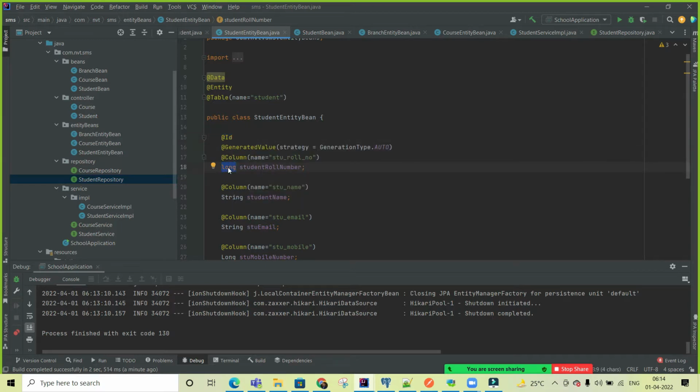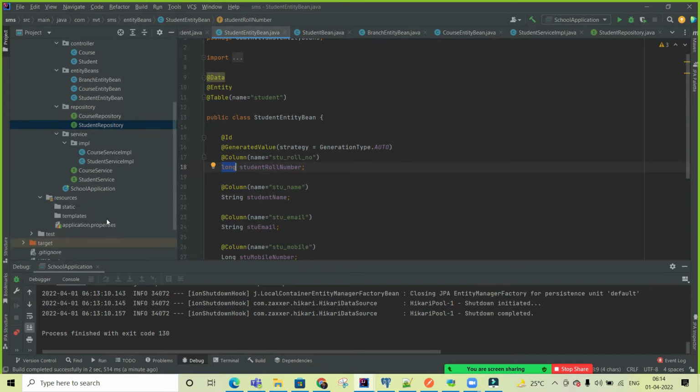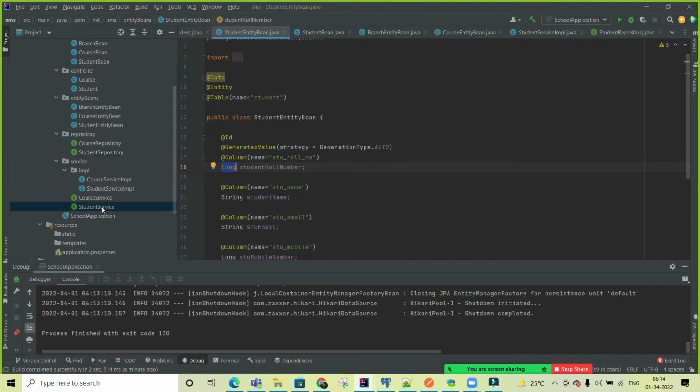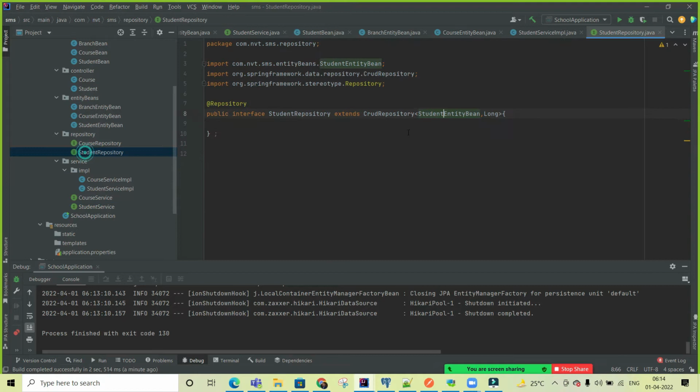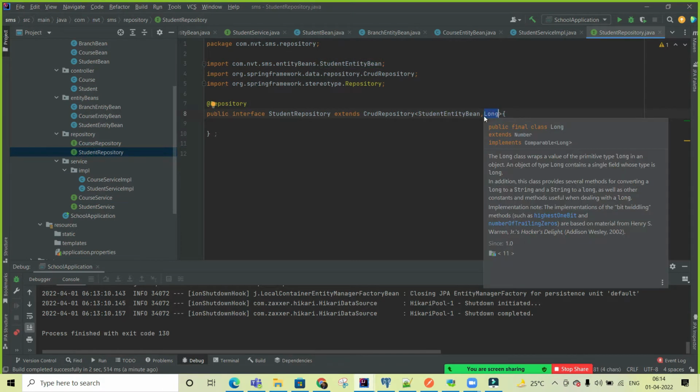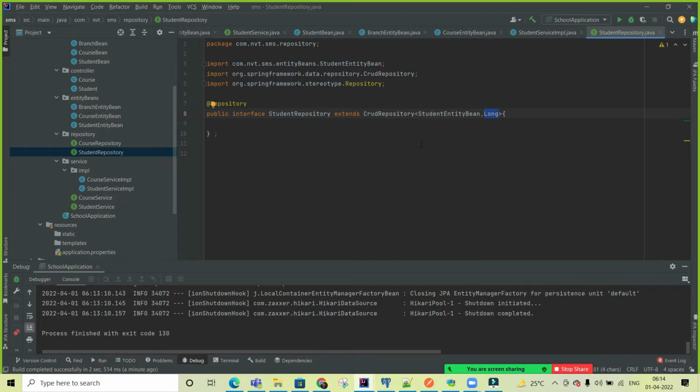If ID is a string, and you are taking the primary key as a varchar in the table and as a string over here, then you need to provide the string in this repository. In this repository you can provide the string if your primary key is a string.